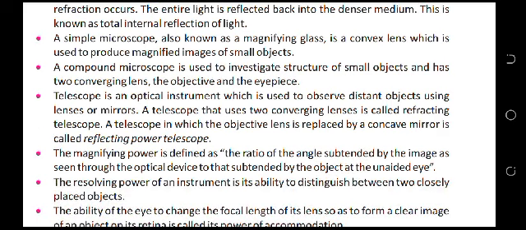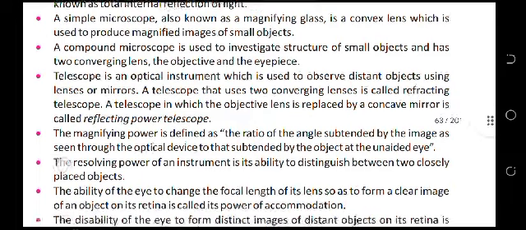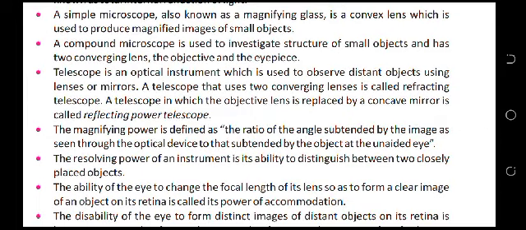A simple microscope, also known as a magnifying glass, is a convex lens which is used to produce magnified images of small objects. A compound microscope is used to investigate the structure of small objects and has two converging lenses, the objective and the eyepiece. A telescope is an optical instrument which is used to observe distant objects using lenses or mirrors. A telescope that uses two converging lenses is called a